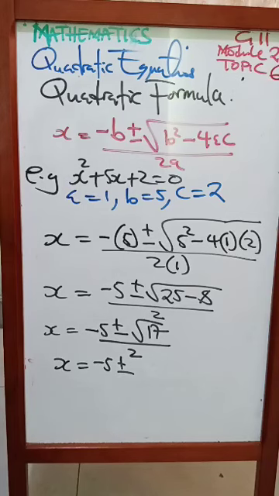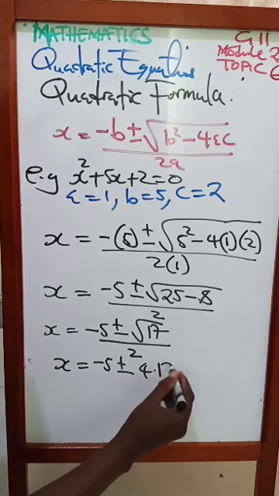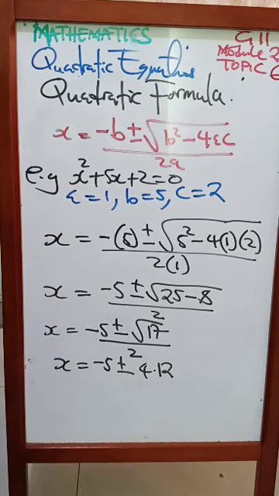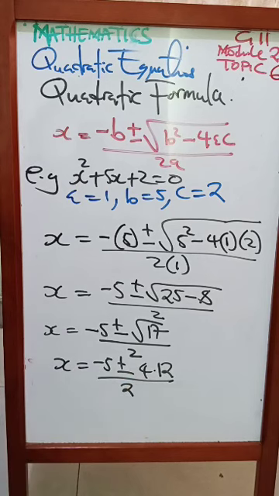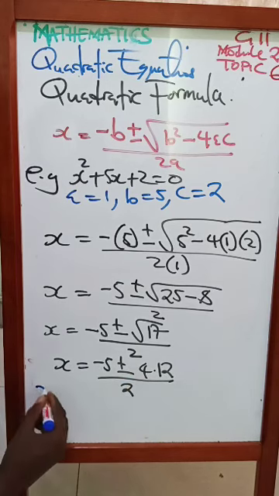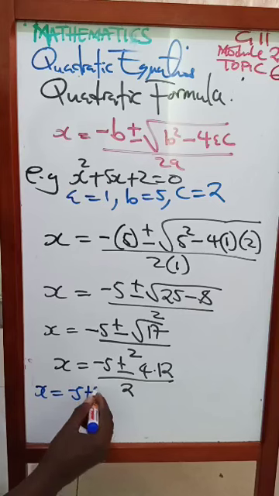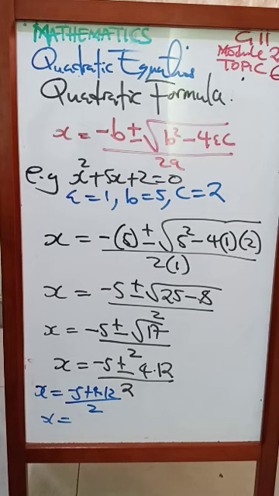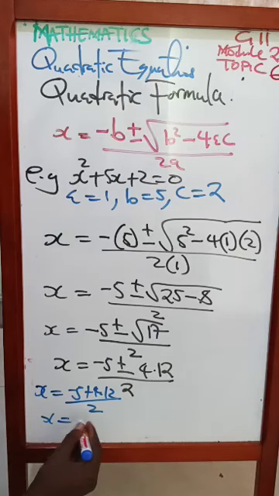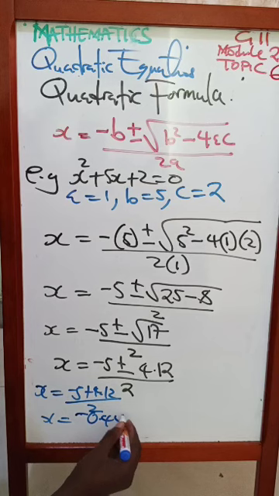So x is equal to negative 5 plus or minus the square root of 17, which is 4.12. You can round it off to 2 decimal places. This divided by 2 is going to result in 2 answers. Plus or minus: one answer will be for plus, the other one will be for minus. So I'm going to say x is equal to negative 5 plus 4.12, divided by 2. Negative 5 plus 4.12, the answer that you get divided by 2, you are going to get negative 0.44 as your first value